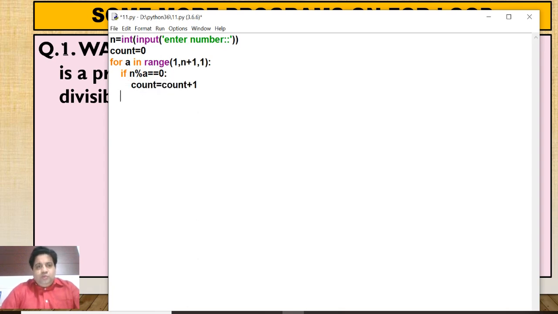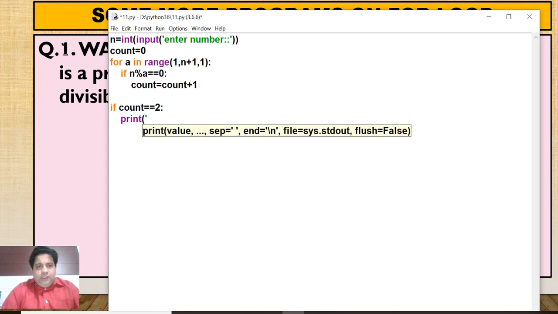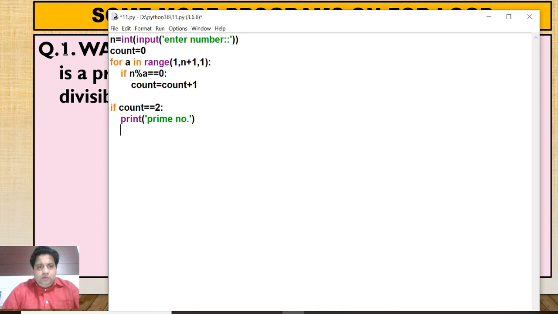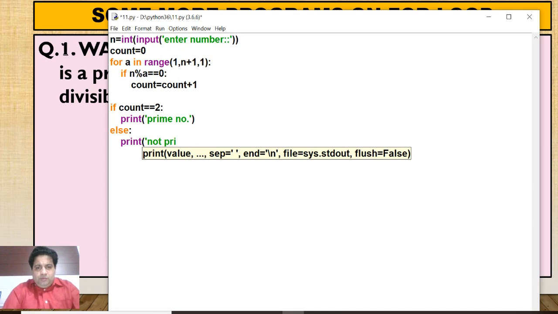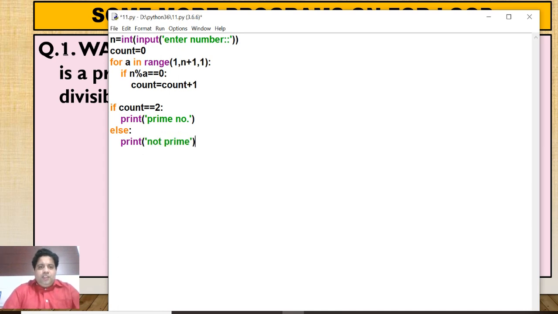Now when the loop is terminated completely, check whether this count is equal to 2. If it is true, then print prime number, else print not prime.